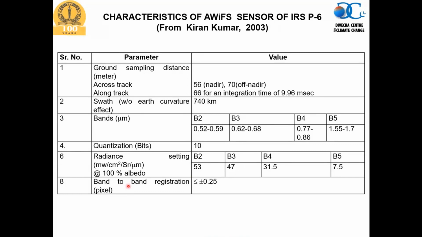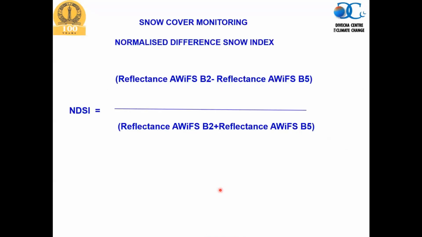Then you have band-to-band registration of plus minus 0.25. What it means is there will be shift. Once we have band 2, band 3, band 4, band 5, they should actually superimpose exactly on each other. But you can have some error in that, and that is reflected in this. So having said that,